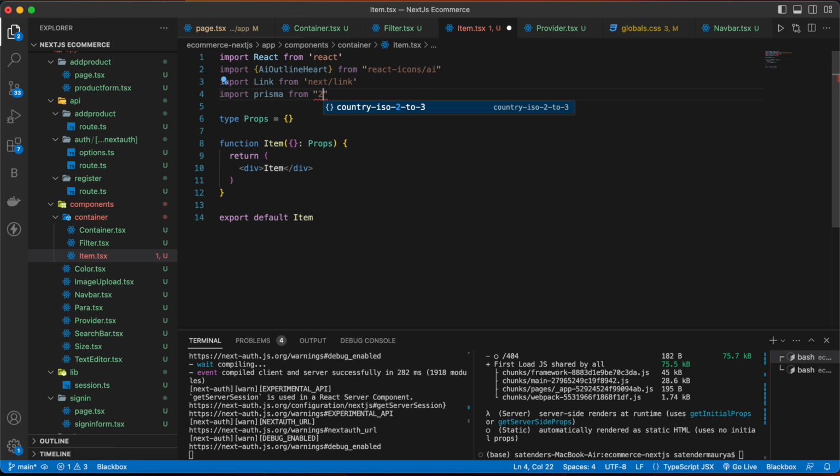And now here inside this div, make one more div, and it will have a class name flex, and then inside that we are going to have a link, and inside the link we are going to have a div, and inside that add filters.